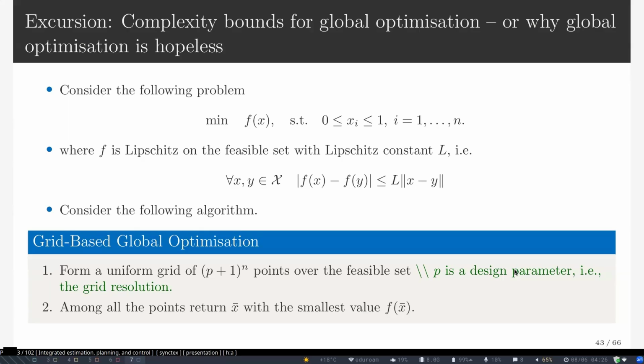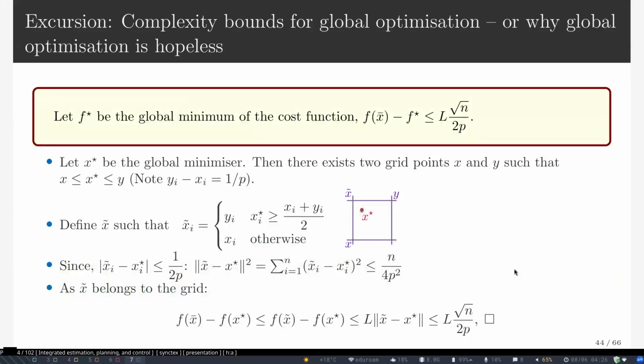Bounded by the Lipschitz constant ratio. Yeah, it would relate to how quickly the function value changes and how many discretization points we have, right? So that would be the answer. We go to something that is proportional to L, inversely proportional to p, and proportional to the square root of the dimension.